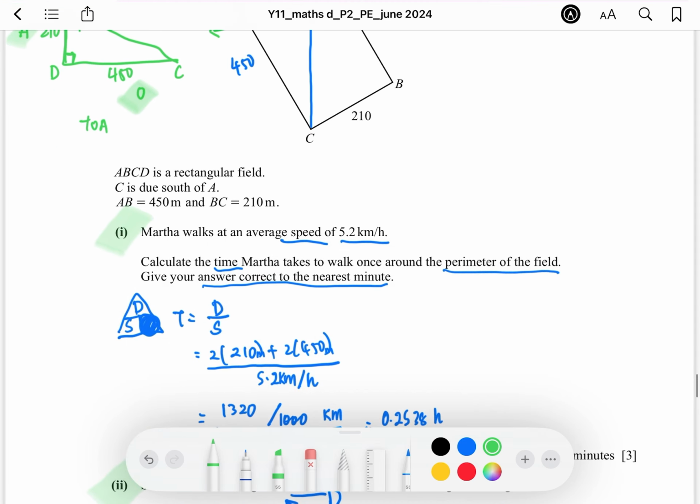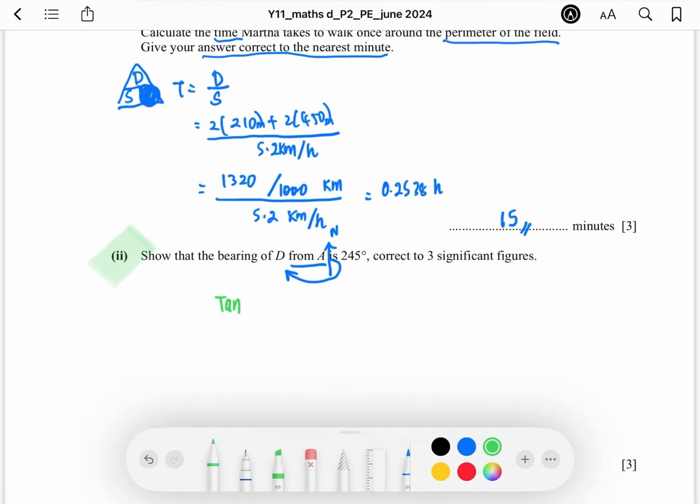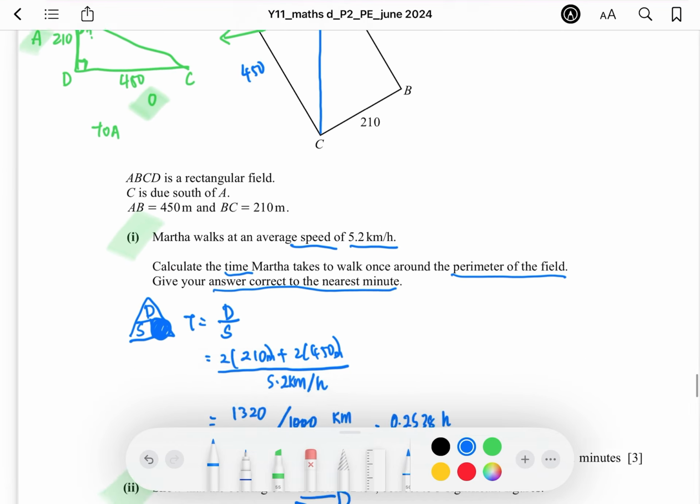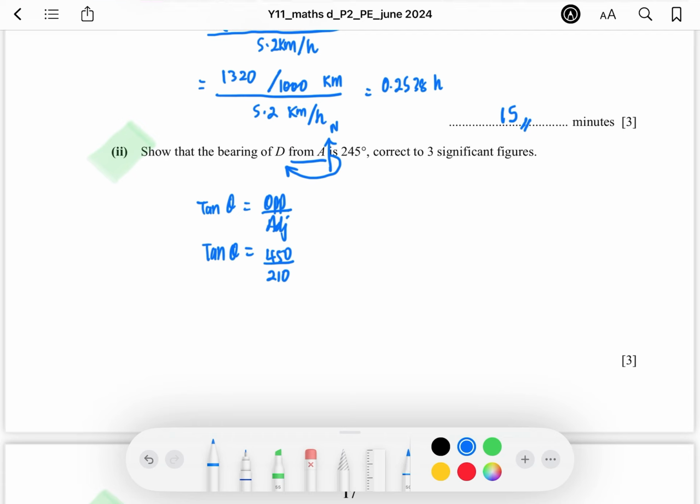Now, translating it to here. I'm using a green. Tangent theta is equal to opposite over adjacent. Tangent theta is the one that we want to find. Opposite is 450. Adjacent is 210. Using a calculator,